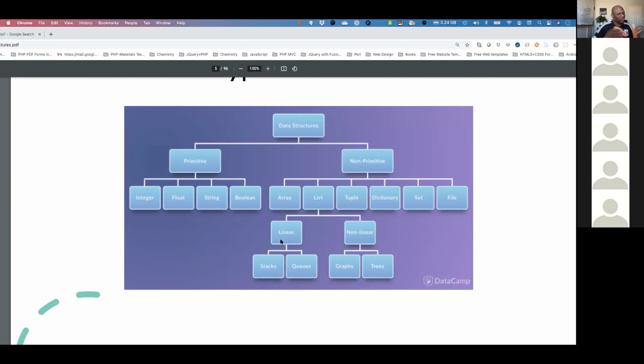If somebody, of course, in Kenya, can happen. People sometimes come behind you and then they want to be at the top of the line based on who they know. But in conventional wisdom, that is not really what happens. So the queue is first in, first out. The stack is last in, first out. Remember, LIFO, okay? Last in, first out. The other one is first in, first out, okay?